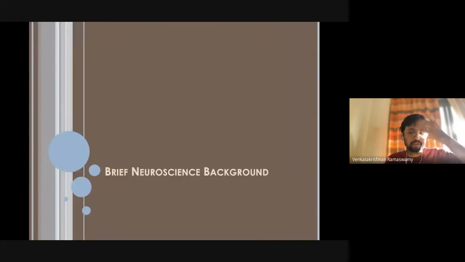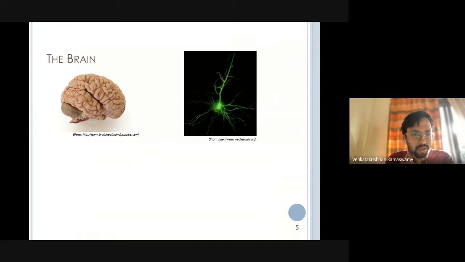So let me give you a two or three slide neuroscience background, right? And so here's a picture of the brain, in fact the human brain, and so primarily, in addition to structural things such as blood vessels and other kinds of cells, the two main cells of interest are what are called neurons and glial cells. All right, neurons are currently thought to be the main players in computation, right? But increasingly, the role of glial cells, which had earlier been thought of primarily as having a structural role,